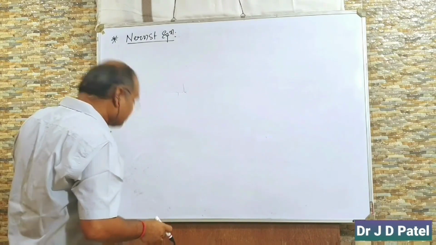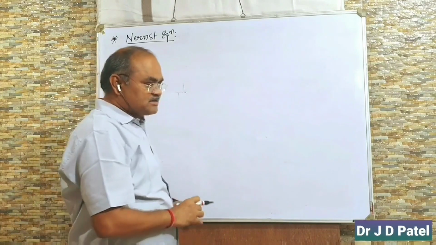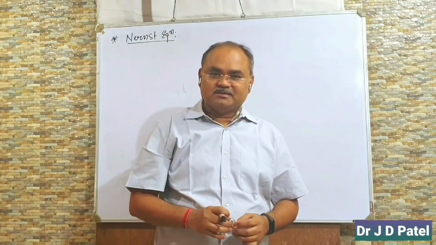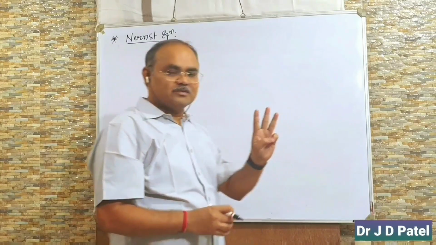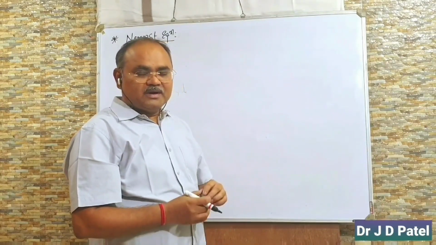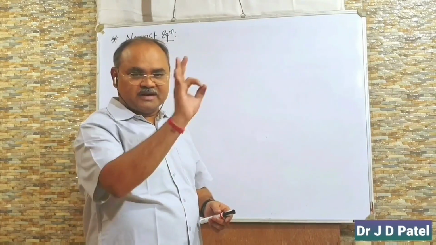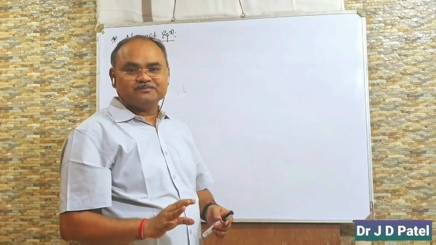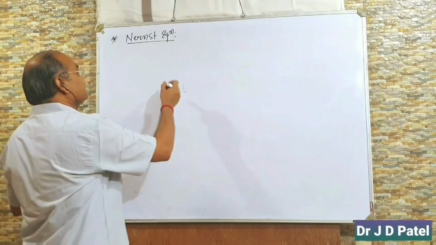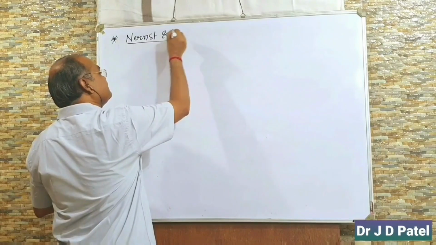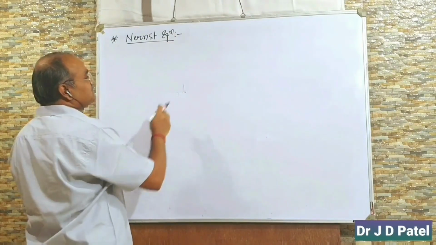What is Nernst equation? In 11th standard, you have studied about Nernst, third law of thermodynamics, in chapter thermodynamics. What is third law of thermodynamics? Entropy of a perfectly pure crystalline substance at absolute 0 Kelvin temperature is 0. And that was given by scientist Nernst, right? And then further he has carried out his studies, and based on that he has derived an equation called Nernst equation.